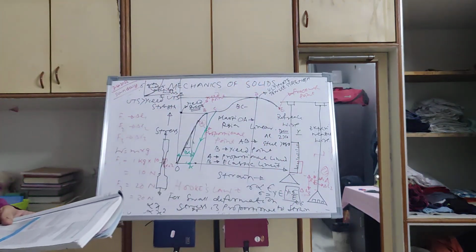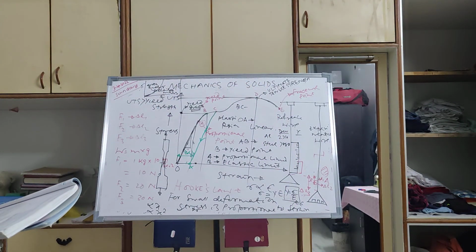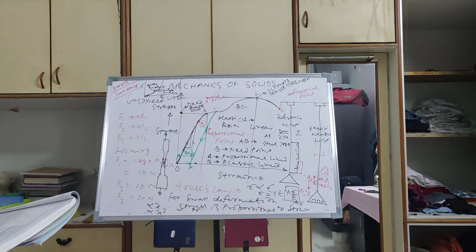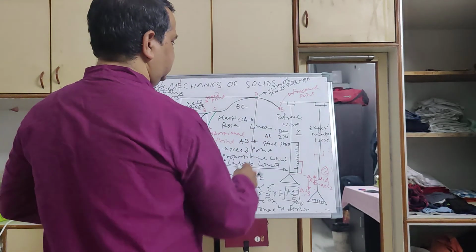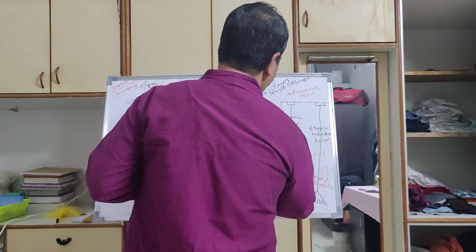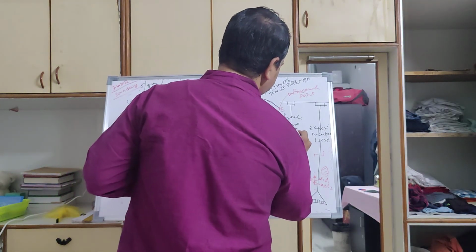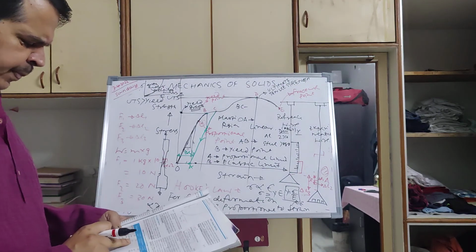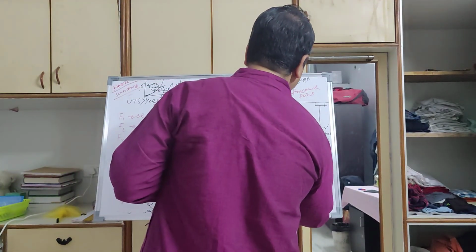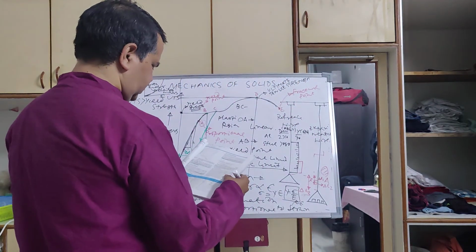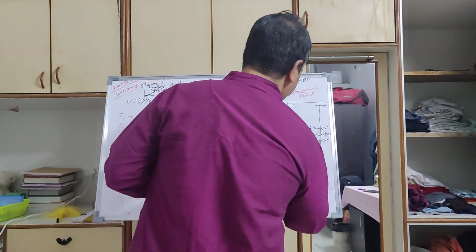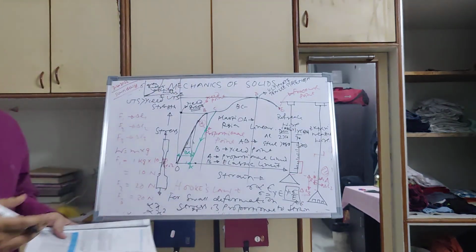I'll ask these questions anytime. You have to remember this. It is very important to remember these numbers. People say you should not remember, but you have to remember these numbers. These are density in kg per meter cube. Then Young's modulus of aluminium is 70 GPa, whereas for steel it is around 200 GPa.